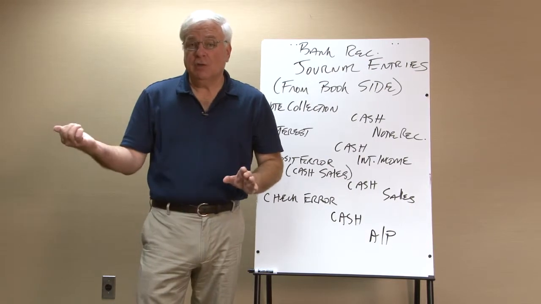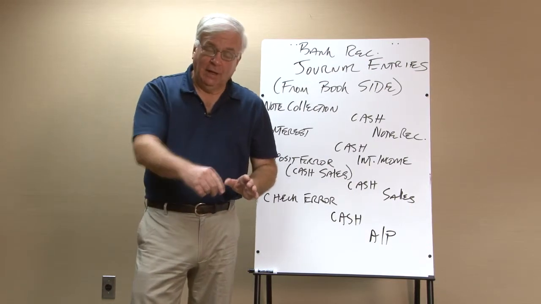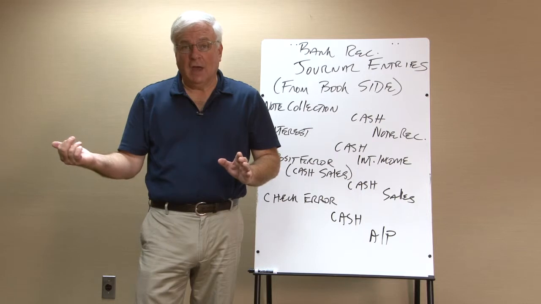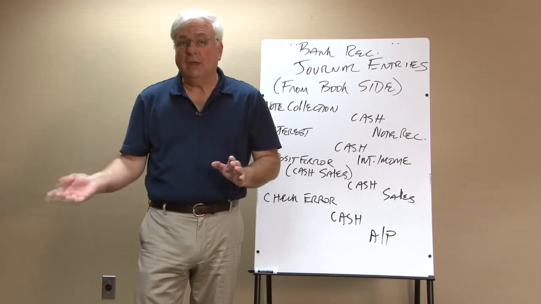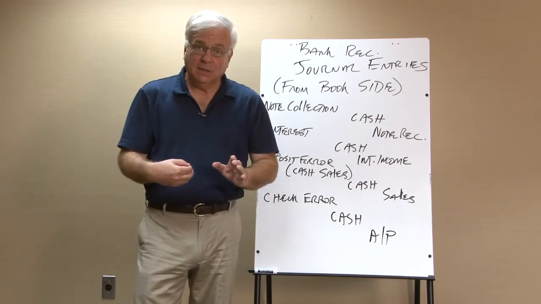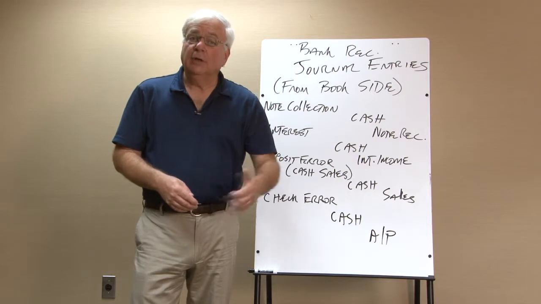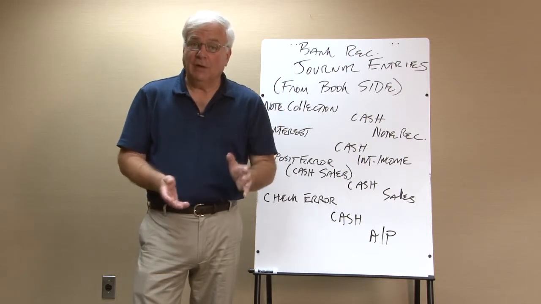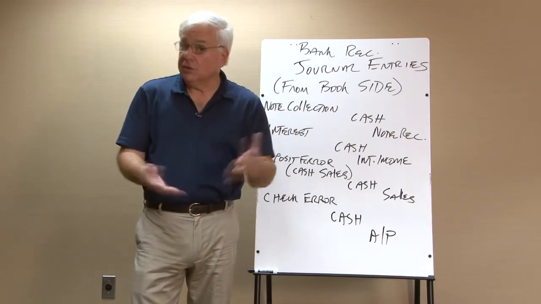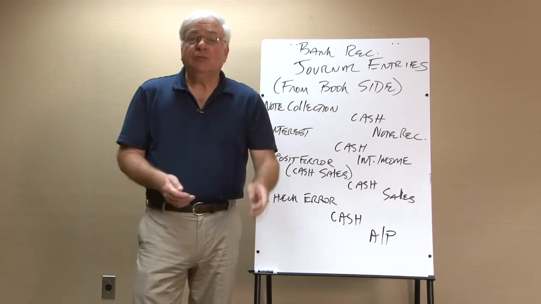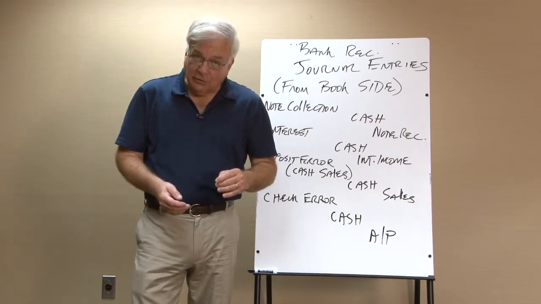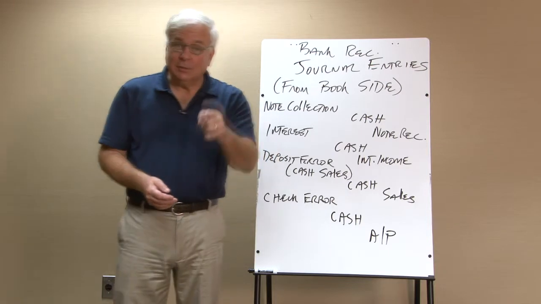That deposit in transit will show up the very next day. Those outstanding checks will be cashed sooner or later by the payee, and then they'll go through the bank. But if we don't put the stuff onto our books that we found out with the bank reconciliation, it'll never get on there. So in cases where we had to add something, the entry will contain a debit to cash,